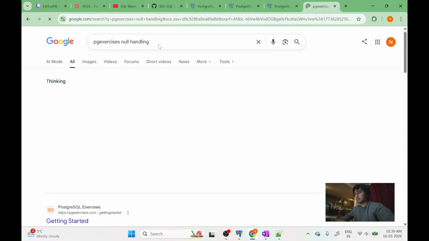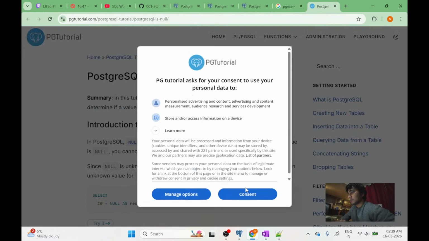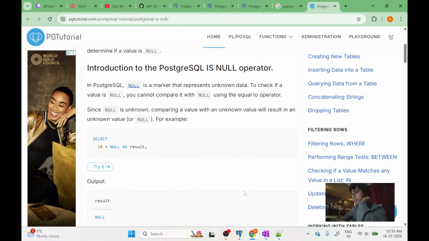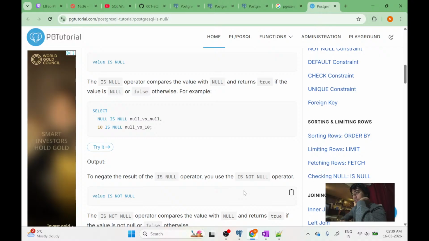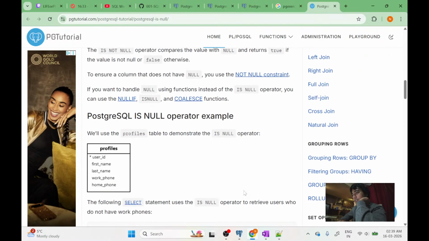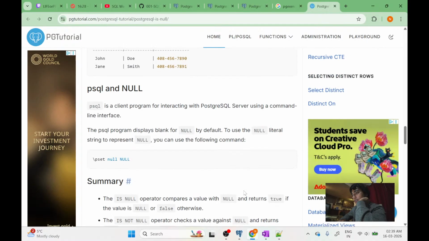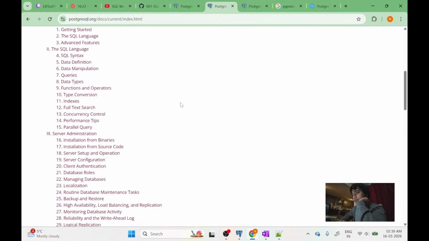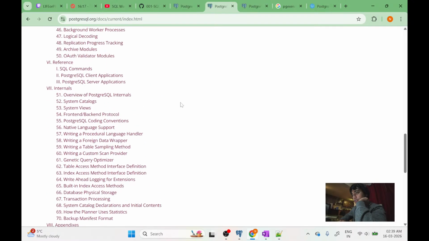Oh, I need null handling, right? Null handling, how to handle a null. So PG Extreme null handling. Null handling Postgres, covered in the PG exercise and PG Consent. Operation is null operator. Okay, try this one. Expression IS NULL, expression IS NOT NULL. I think they should have it somewhere, but